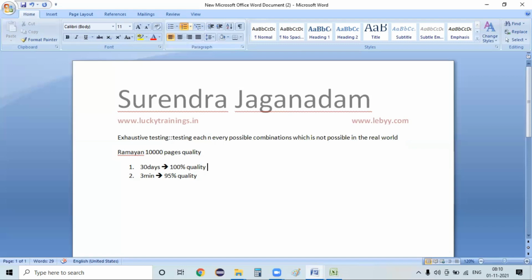If you want to purchase a book and sit for 30 days in a bookstall, will those guys accept it? They will not accept it, right? There is even a possibility from their end to deny that. Exhaustive testing says you need to test everything, but it's tough for you to do that. Then what we need to do is